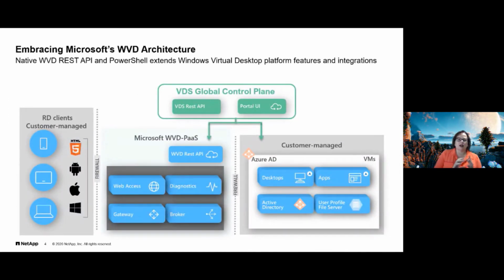So here is just a high-level view of the WVD architecture and how VDS works with that. You have your WVD platform as a service area, and it has the WVD REST APIs in there, as well as your Azure AD environment. And VDS is the control plane that connects with the REST APIs for WVD, but it also has the management capabilities to manage your ADs. So it handles both. And it does have a local control plane in your WVD PaaS environment that handles things like